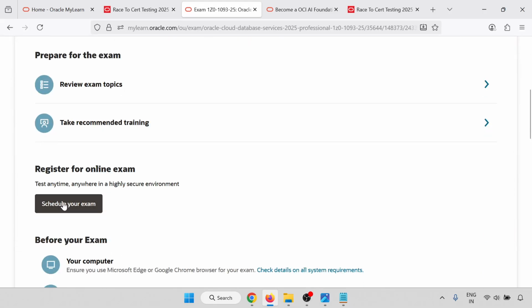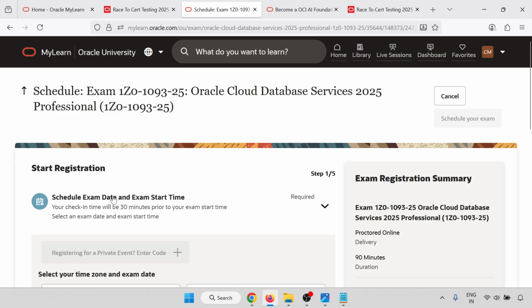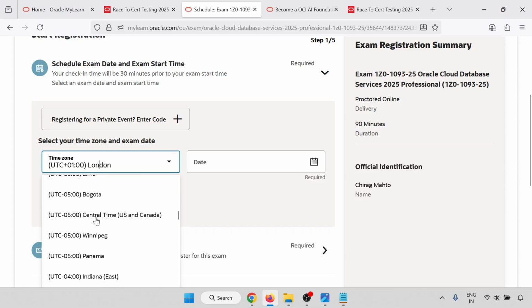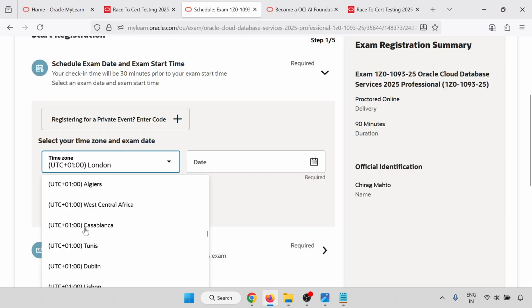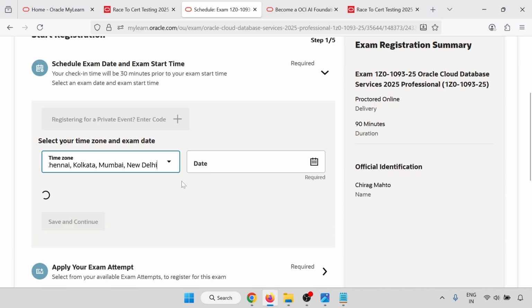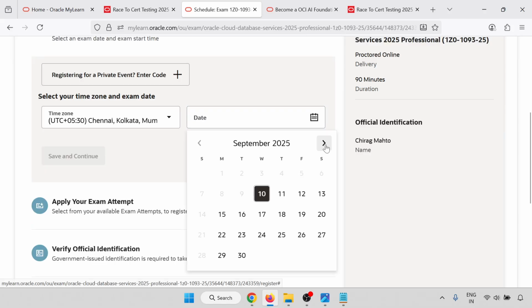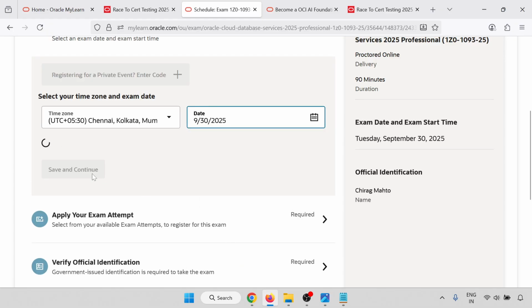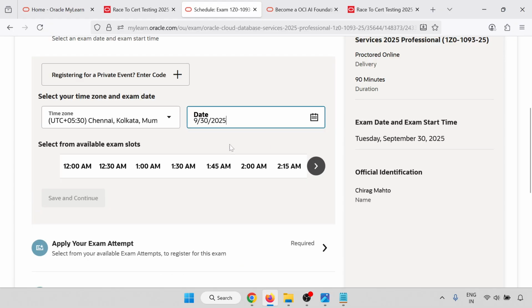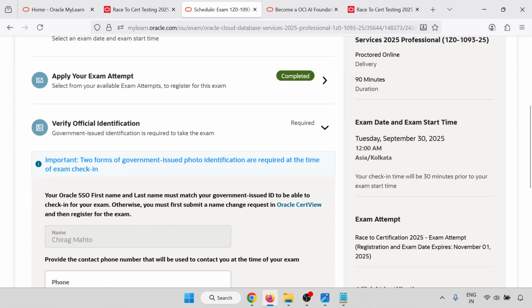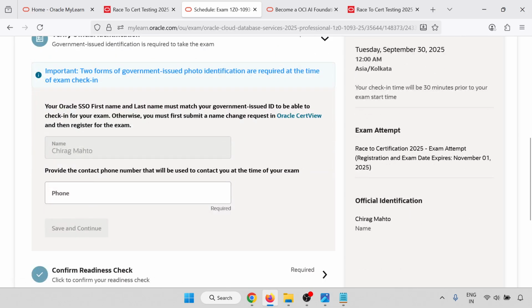So go for schedule your exam, and this is the page. Check your time zone. Plus 5:30. I'm from India, so Indian time will be 5:30. Check the date. Let me check with any of the dates. Okay, just assume 30th. So it will show you the time zone and time slots. So just select your time, like 12 a.m. Select the certification, save, and your name, your phone number,